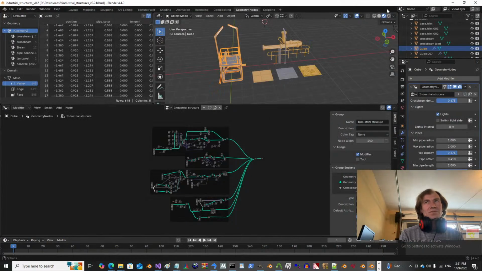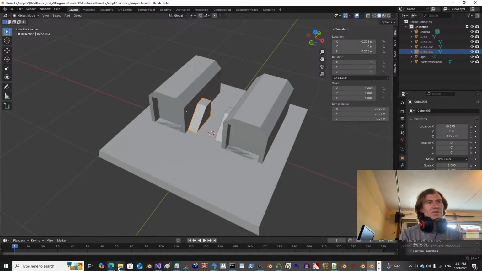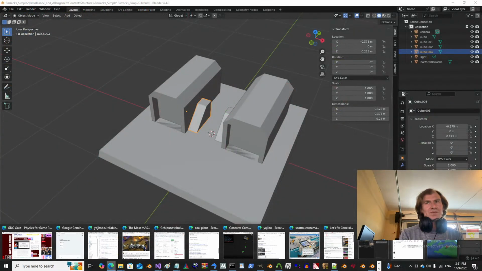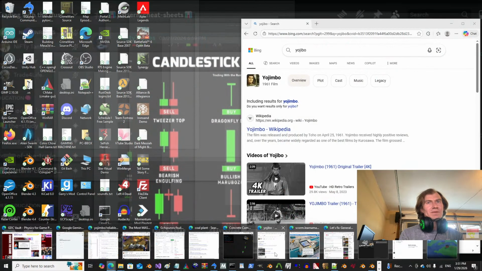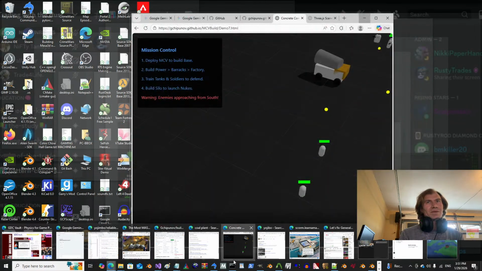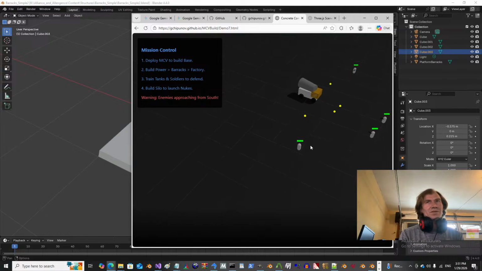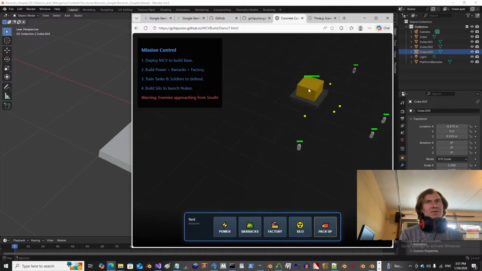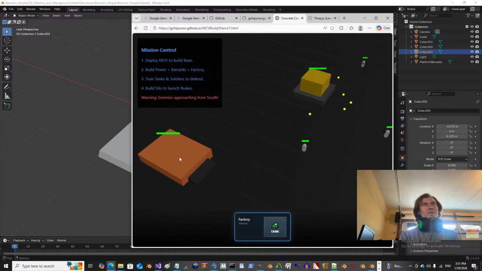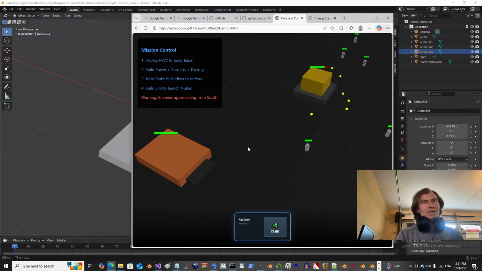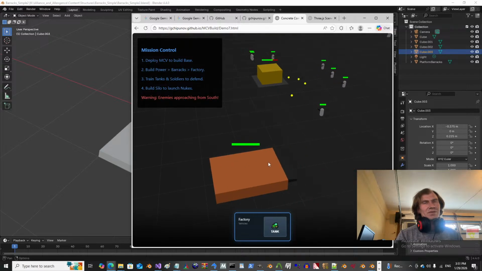Whatever, okay, so we need a factory. The way it looks in here, this is why these WebGL ones are so nice. They're just a faster workflow. The factory just looks like two cubes, the hangar door and the thing itself. There needs to be a tint color for the team, and then